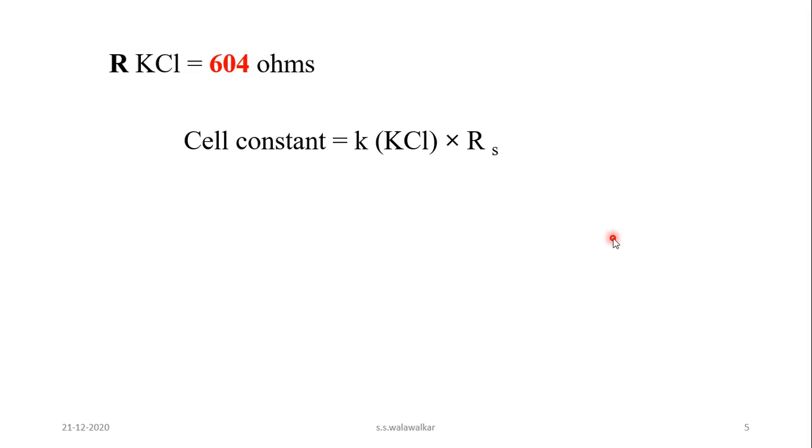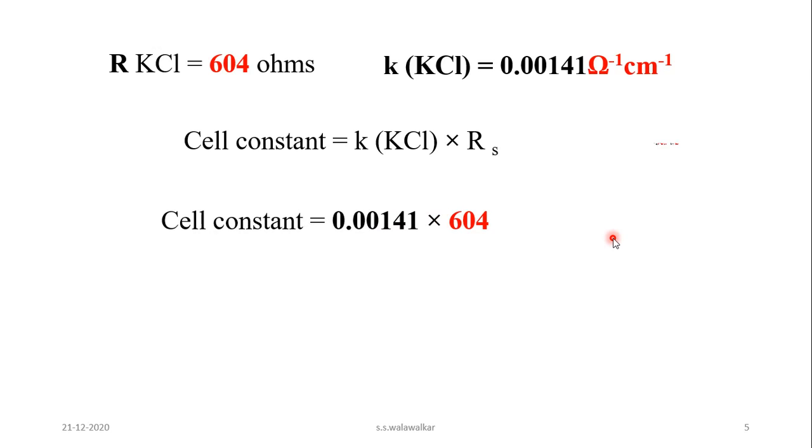So resistance of KCl is 604 ohms and conductivity of KCl is 0.00141 ohm inverse centimeter inverse. So if you substitute these values in this formula, you will get what? 0.00141 into 604. Now if you solve it by log, taking the logs of these two, that is log of 0.00141 plus log of 604, and that is equal to log of